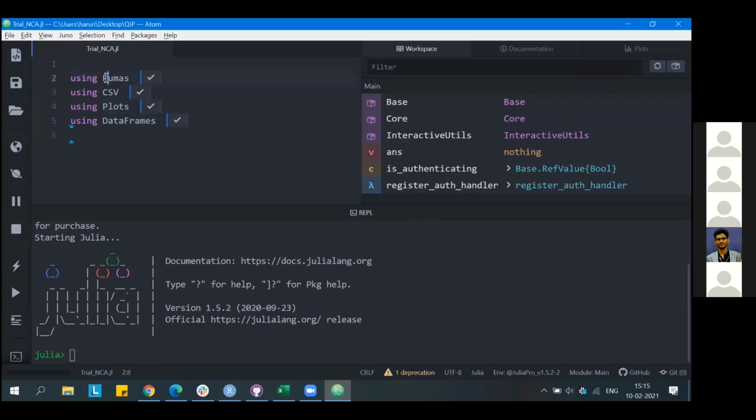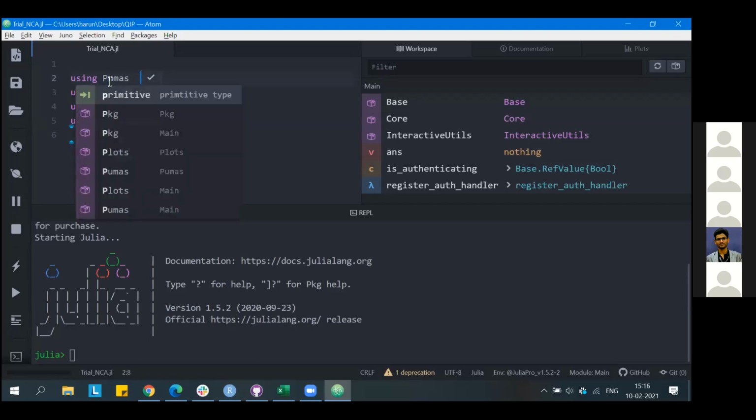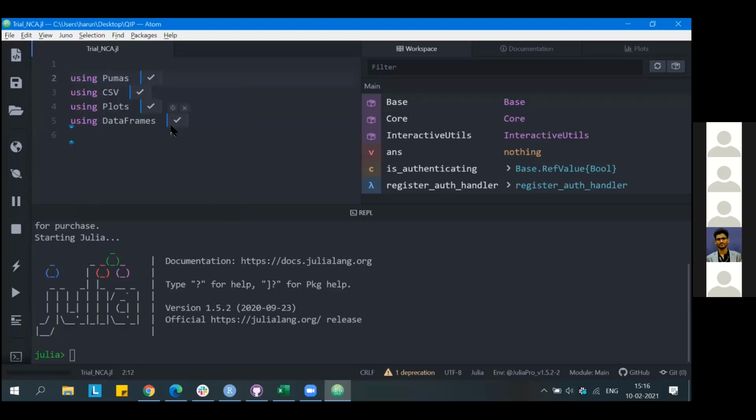Only the first character is uppercase, followed by lowercase. Likewise, we'll have a few conventions which we should follow, and syntaxes or predefined names. There is a package called Pumas with an uppercase P and not a lowercase p. If you execute the command with a lowercase p, you won't be able to execute it. So you should use the proper package name, which has an uppercase P.